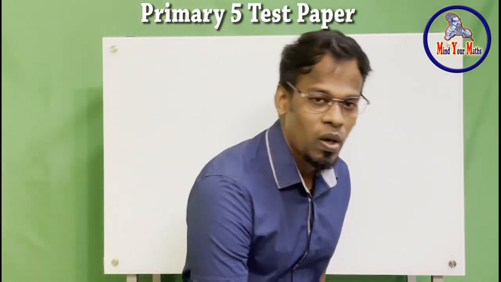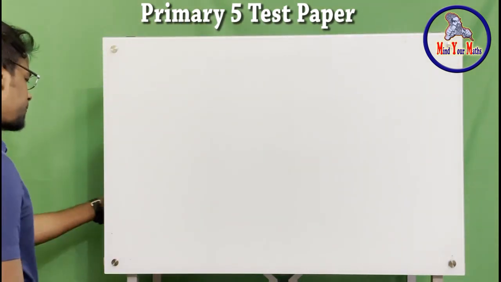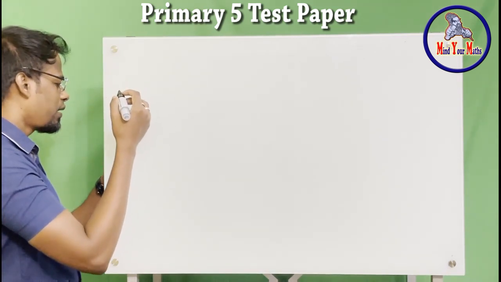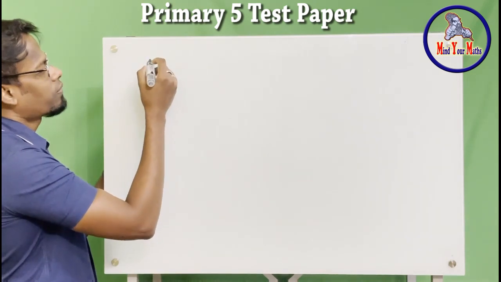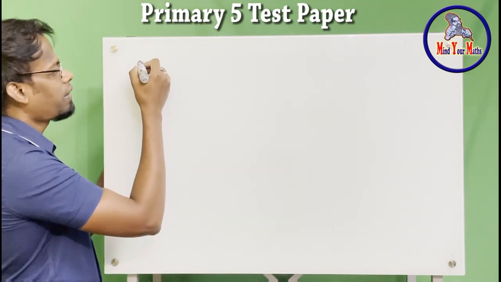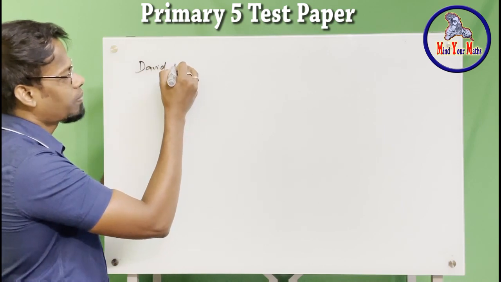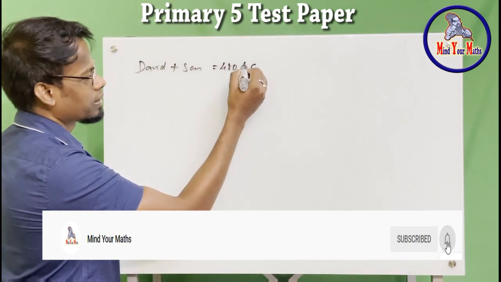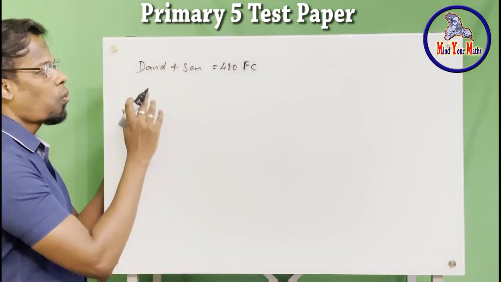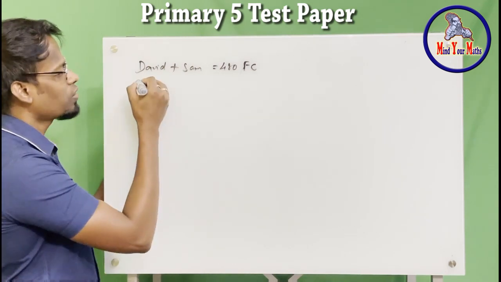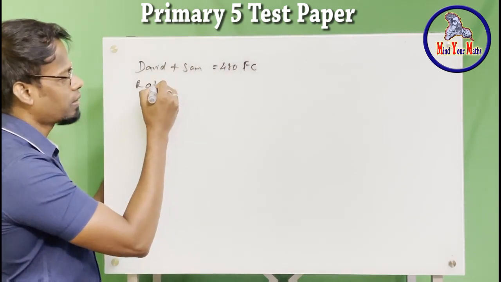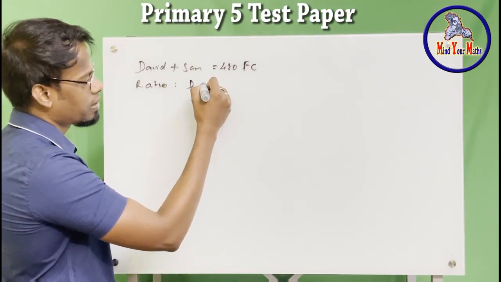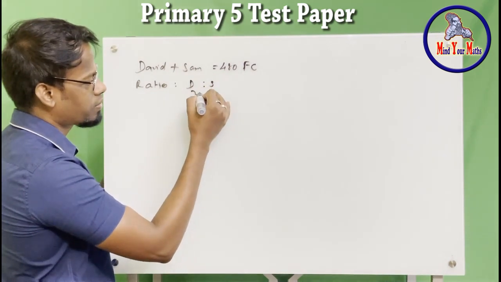Right? So let's solve this problem. Let's see how to solve it. So let's write down what is actually given in the problem, right? So there are 480 foreign coins. So David plus Sam have 480 foreign coins. David has 1/3 of what Sam has. So the ratio between them in this 480, the ratio between them is that David is to Sam is